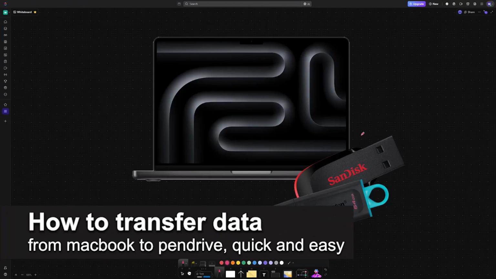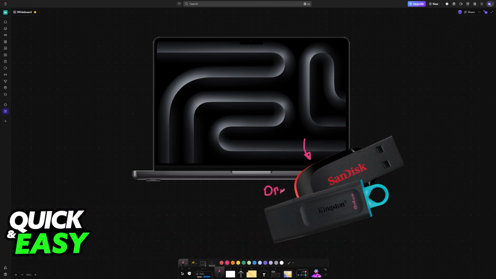In this video, I'm going to teach you how to transfer data from a MacBook to a pendrive. It's a very easy process, so make sure to follow along. If you have any sort of external drive, flash drive, or pendrive, you can easily transfer any files or data from a MacBook. I'm using the MacBook Pro here as an example, but of course this will work with any